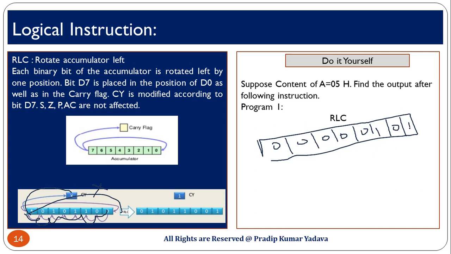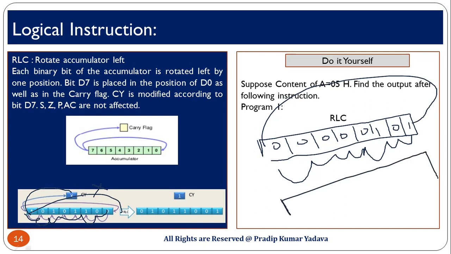Okay, so you have to perform RLC, which means in RLC, one bit shifts by one position to the left. Check it here: this bit will be here, this will be here, and so on for all eight bits. Now make it. Firstly, draw 0 and this will shift one position: 1, 0,